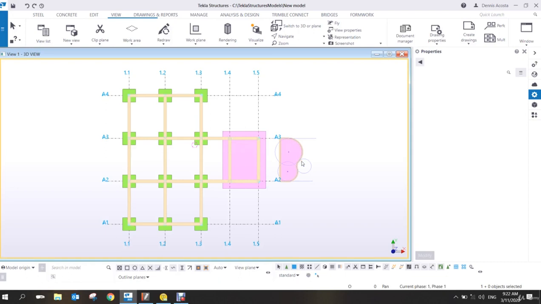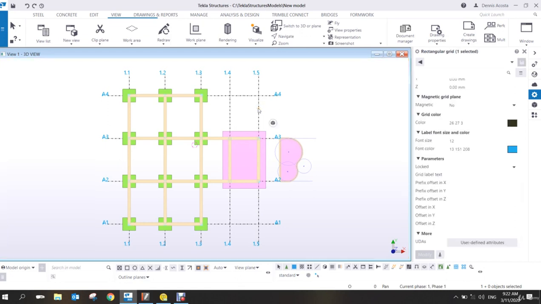Okay, sorry, let's start. So now, what I want you to do is increase first the grid lines so that we have some space for our example. All right. So before we apply that in our model, what I will do is